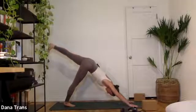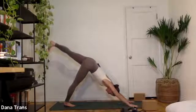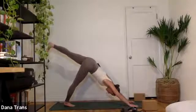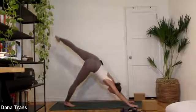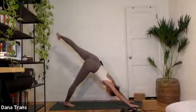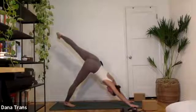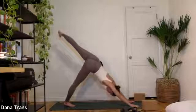Drop the right heel down toward the earth as much as you can and feel the entire right side of your leg line up. From here, turn the left toes out toward the left side of the mat. As you do so, notice that you can pull the right hip back. It's almost like triangle, but a little different on your hands and on the head. Big